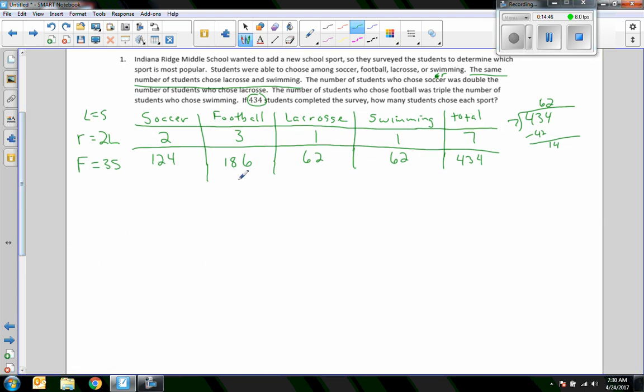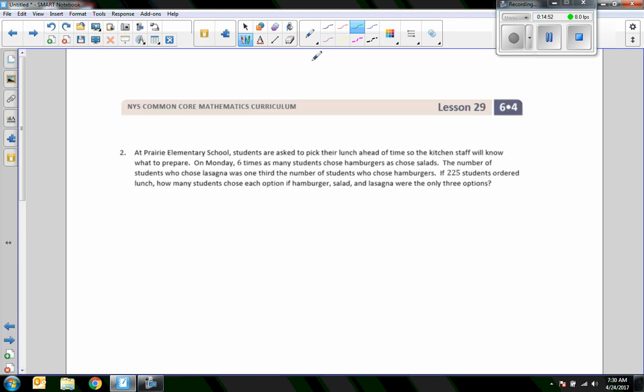Okay, so doing it with a table, I think, is pretty much the easiest way to do this. All right, number 2. At Prairie Elementary School, students are asked to pick their lunch ahead of time so the kitchen staff will know what to prepare. On Monday, 6 times as many students chose hamburger as salad. So I'm going to say hamburger